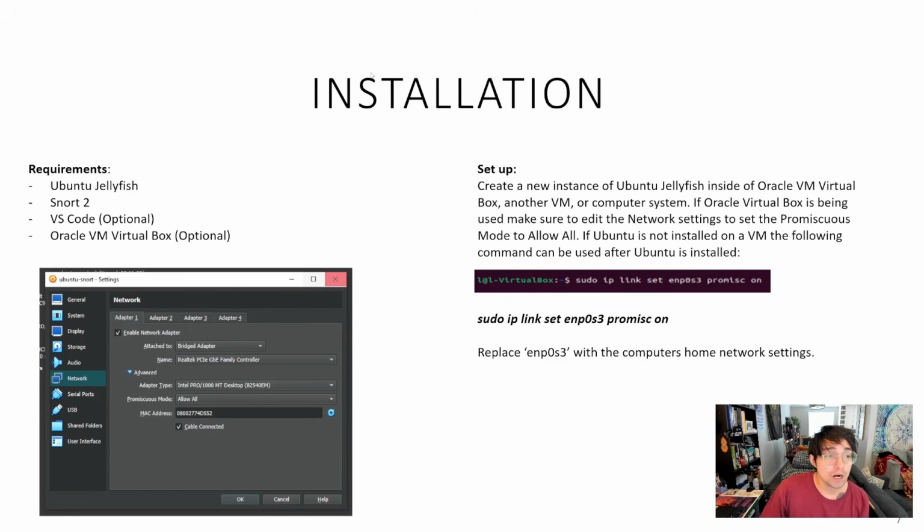So the initial requirements that we are going to need are Ubuntu and Oracle VM if you want to set this up on your computer. Once we get Ubuntu installed through the VM, we're going to install VS Code and Snort. If you want to set up Ubuntu Jellyfish on your Raspberry Pi, during your setup you also want to run this command. If you're going to set it up on your local computer, you want to use these settings to allow promiscuous